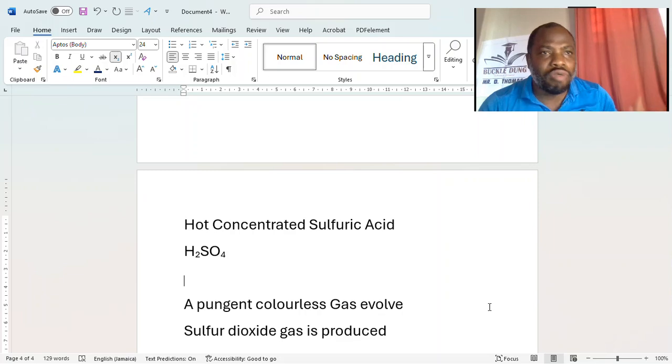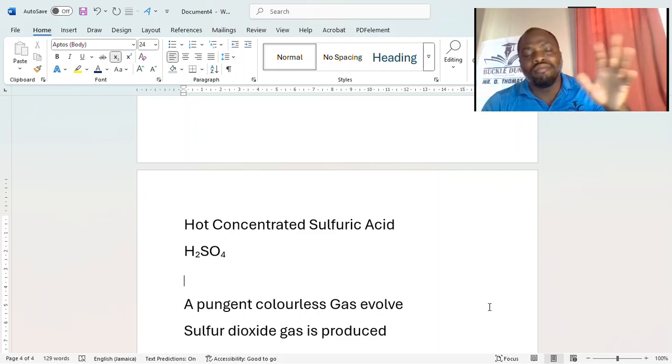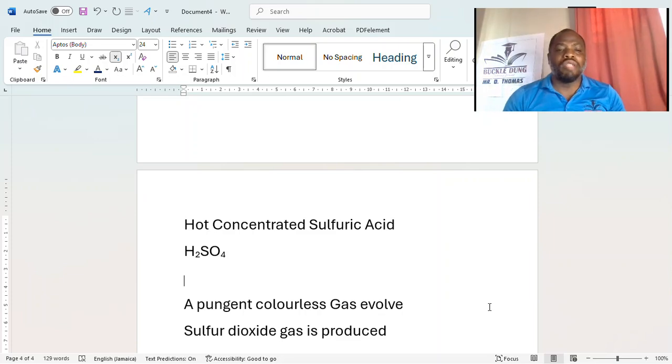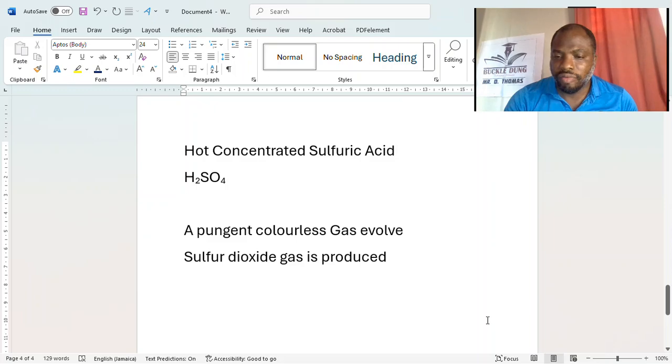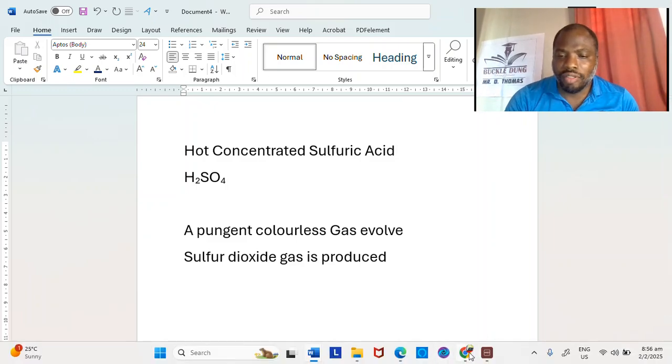When they say account for the color change, that's what they're looking for. They want you to tell them that it was a +7, if it was the case of potassium manganate. Cool? So once you see anything about pungent gas being evolved, then you know the formation of